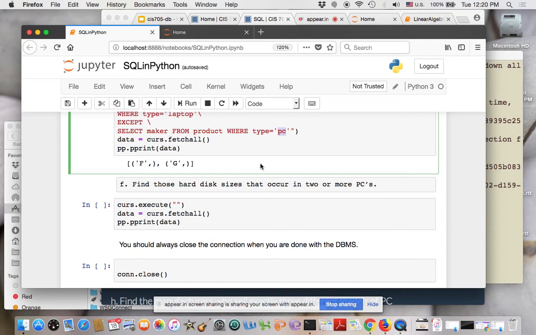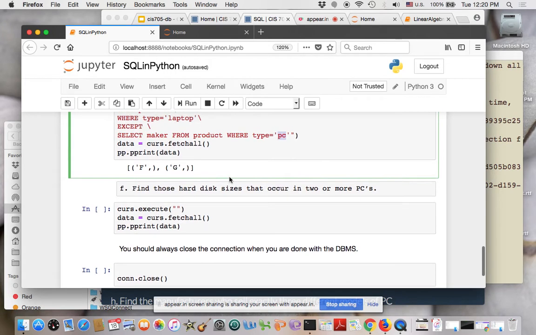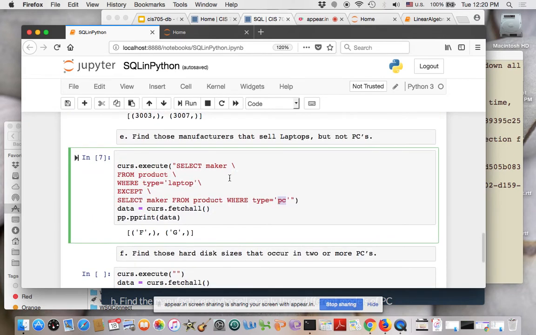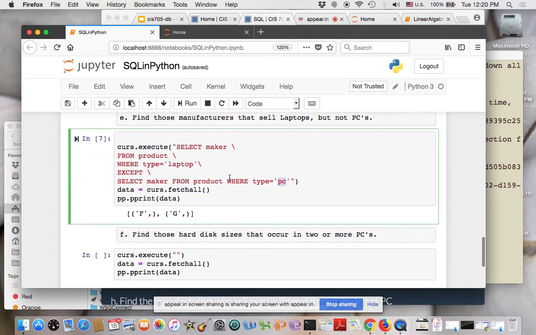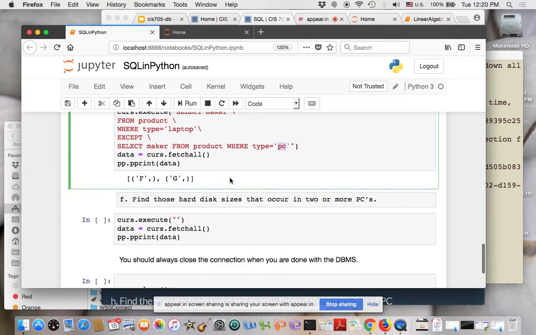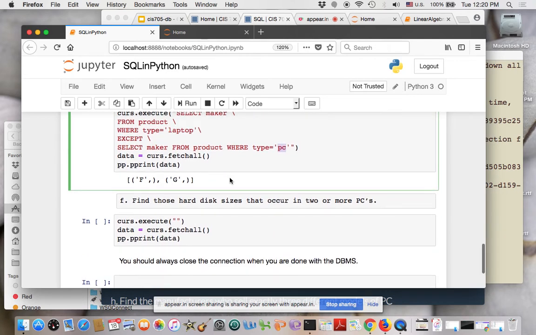I need to go to the documentation for why except is not being acceptable right now. I was having that same problem, but then when I moved into just one line, it worked for me. Okay, can you show us the code? Oh, yeah. Thank you. So if I just put all in one line,